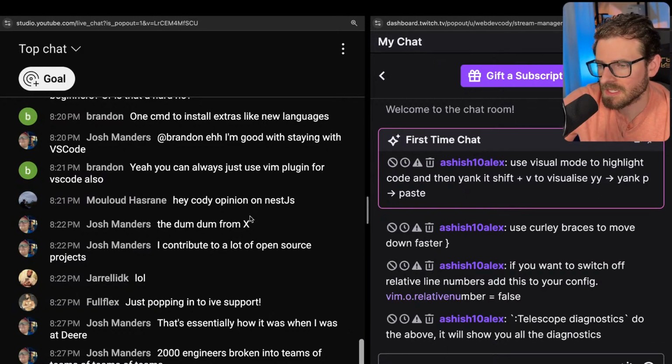Opinions on Nest.js. I haven't used it enough to have a strong opinion on it. I just know that it does things more of an Angular class-based way, and I think it uses decorators and stuff. I think it has a good structure to it. I think there's no problem using it if you're okay using something that has a lot of opinionated structure. So yeah, I think it's probably a good idea, especially if you're building something that's more professional.